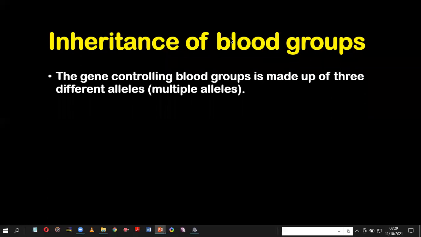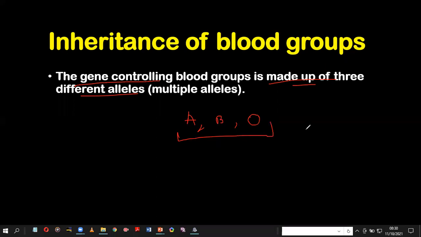Whether you're going to be blood group A, blood group B, or AB, or blood group O. So now the genes that control blood groups are made up of 3 different alleles, like how we've seen in the ABO blood group system. You have allele A, you have allele B, you have allele O. And these 3 different alleles interact